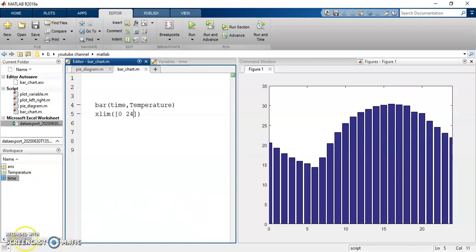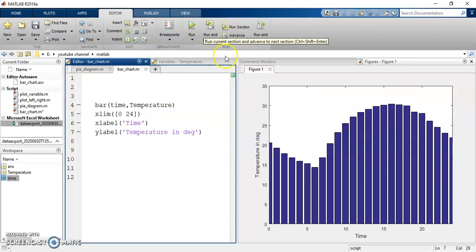So what we can do? Before that, we label the x-axis, y-axis, and we will put a title on top of this figure. So for setting the x-axis, just use xlabel and open the single quote, and just put here time. And similarly for ylabel, use ylabel. So ylabel is temperature in degrees Celsius. Just hit the run button, and you can see that the temperature is labeled along the y-axis and the time is labeled